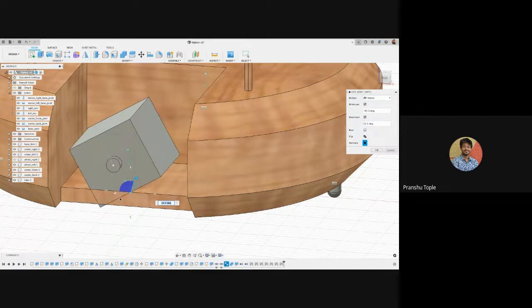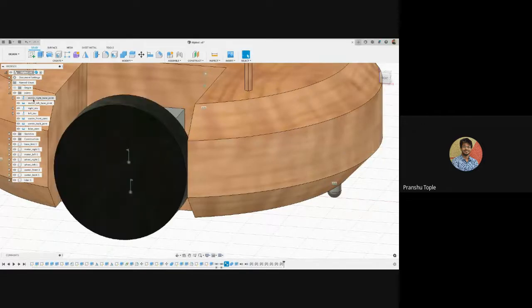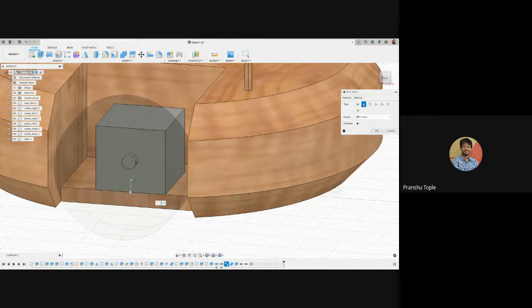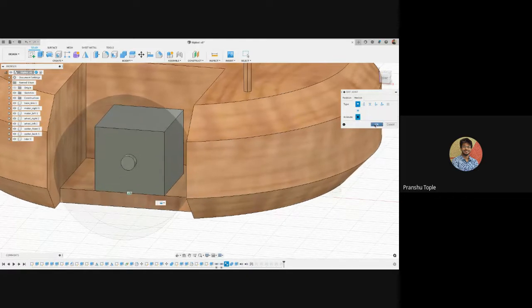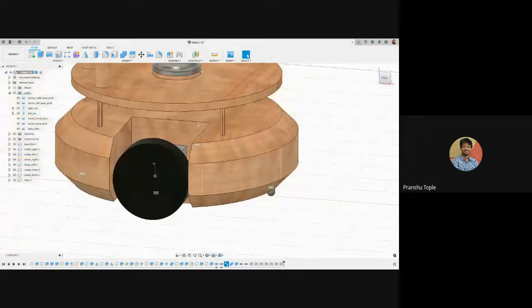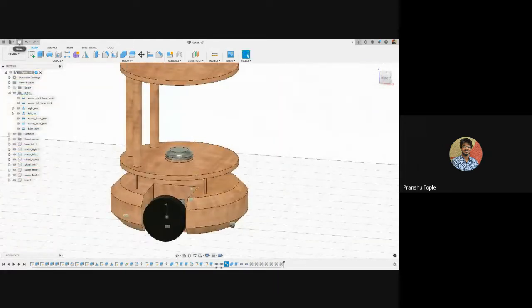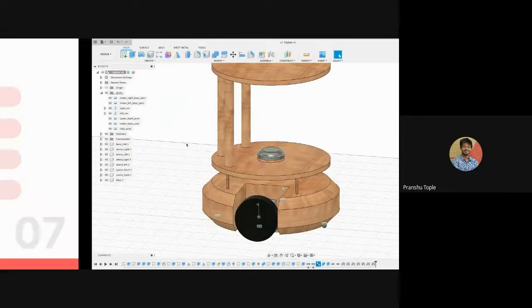So this can be done for a robotic arm. But right now we don't want to do this. Right now it will be just an edit joint. It will be just a rigid joint. That's it. Okay. If we want, you can add the robotic arm in the front.